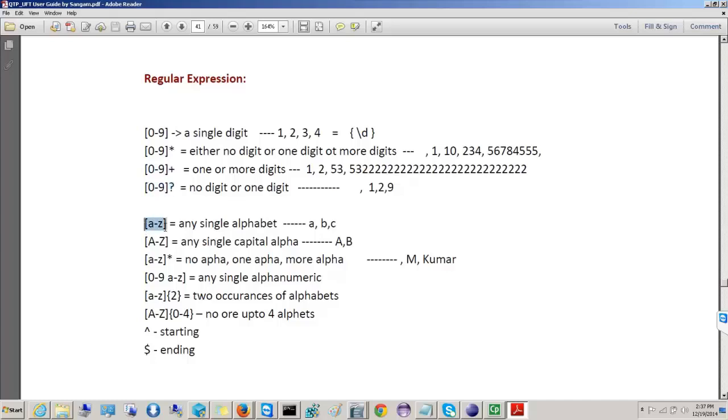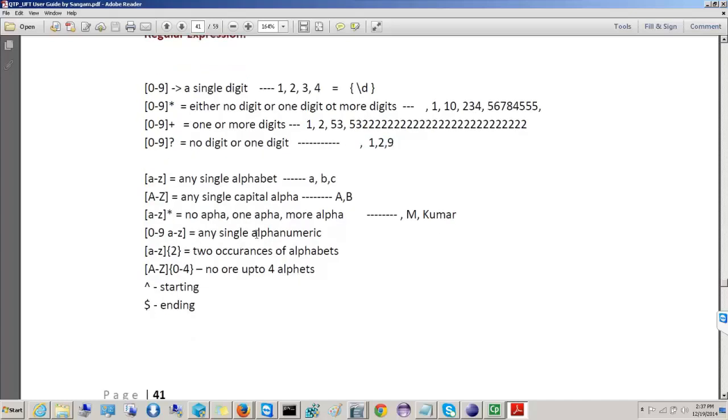Similarly, a to z represents a single lowercase alphabet, and A to Z capital represents a single capital alphabet. Normally, star means none, one or many. Plus means one or more, so a minimum of one should be there. Star means there can be none, one or many, so this is the most generalized. Question mark means none or one. So these are the examples. If you want to represent a single alphanumeric, either alphabet or numeric, just put